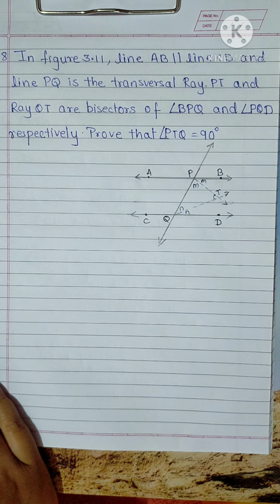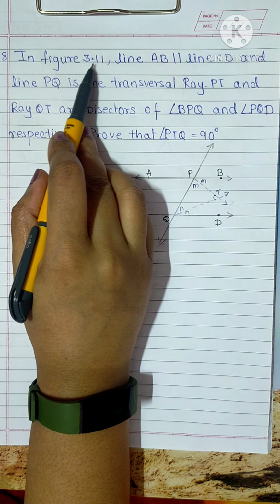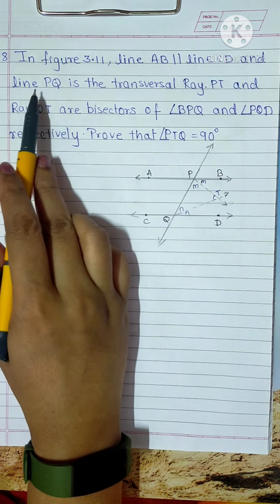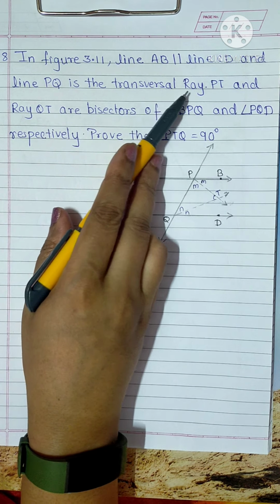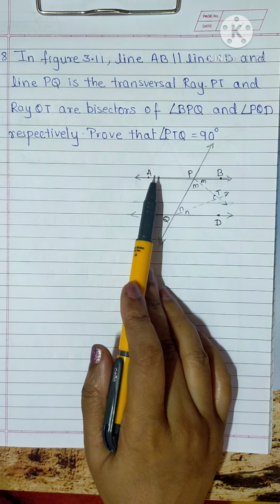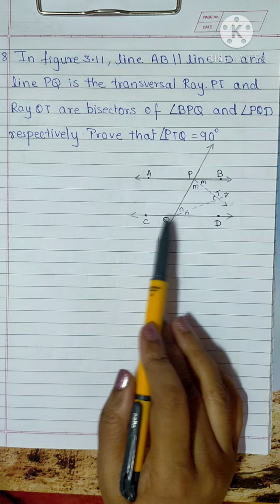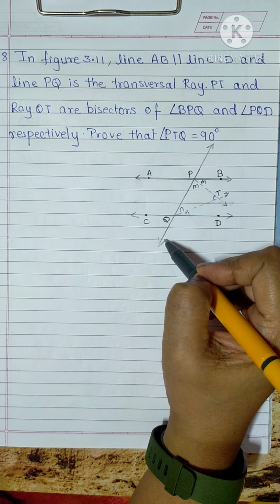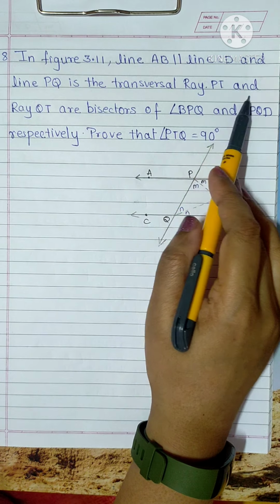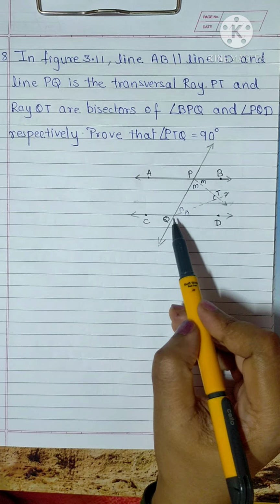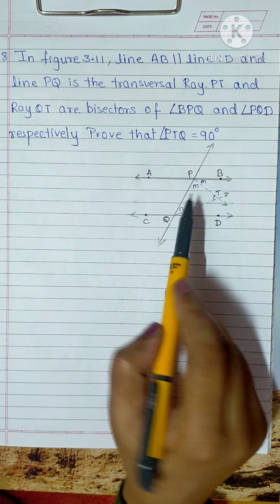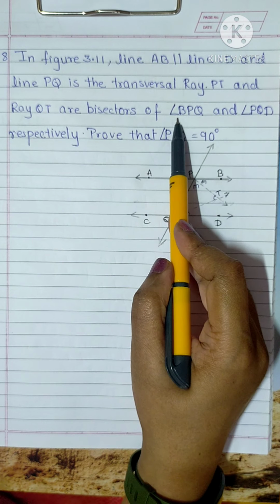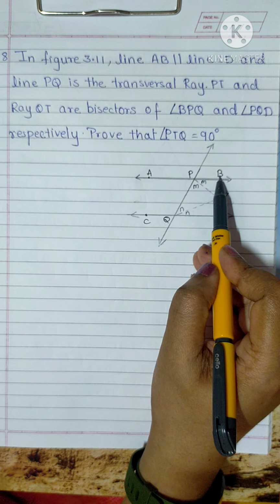Now question number 8 is given. In figure 3.11, line AB is parallel to line CD and line PQ is a transversal. So this is AB and this is CD. These both are parallel and PQ is the transversal. Ray PT and ray QT are the bisectors of angle BPQ